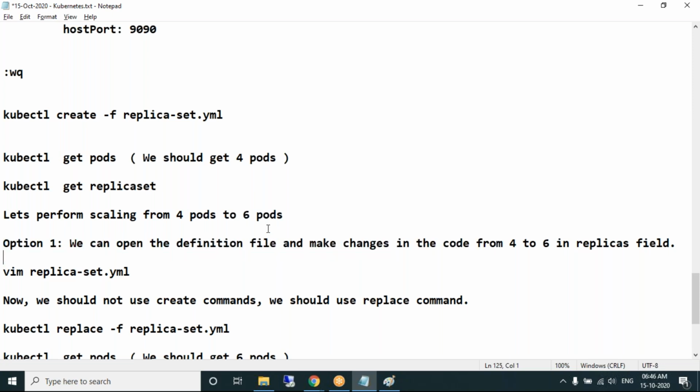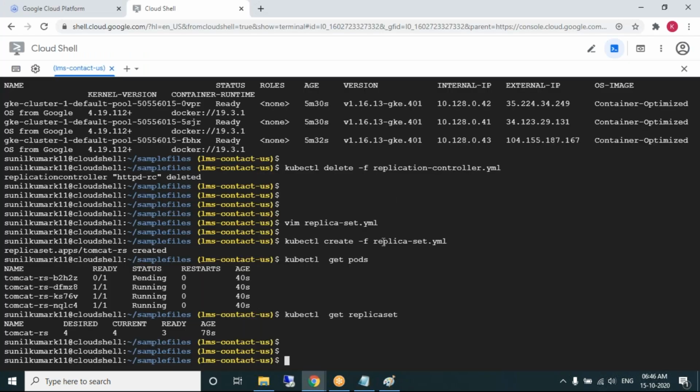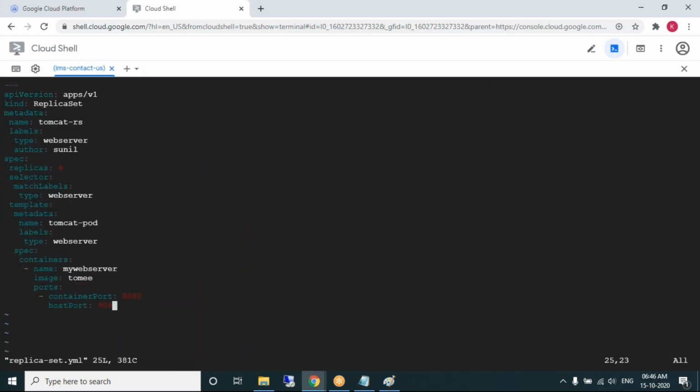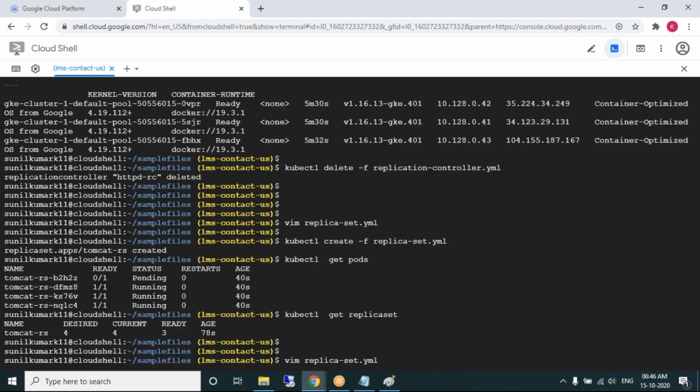One way is to change the definition file. We already have the definition file, right? Go to insert mode. Replicas, change the code from 4 to 6, escape, :wq to save and quit.